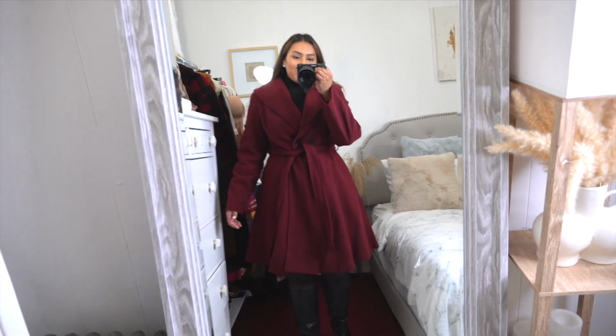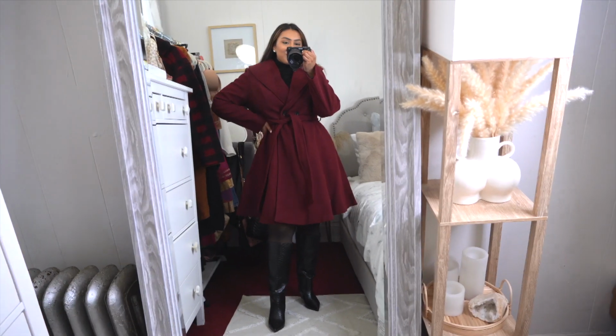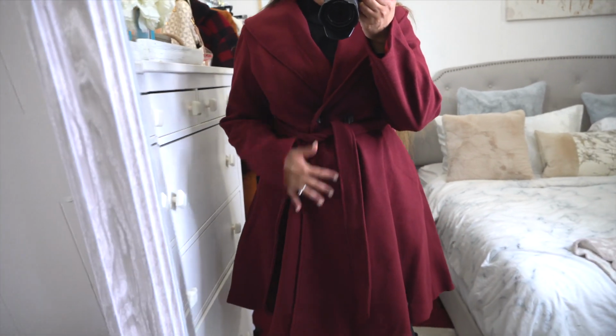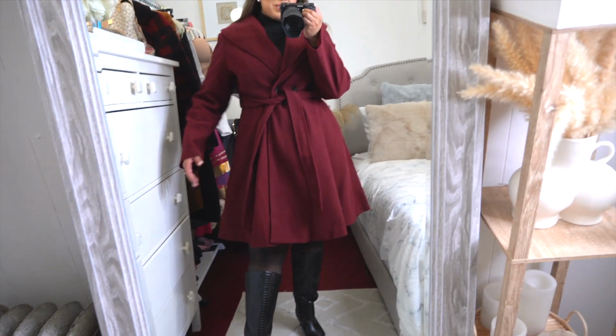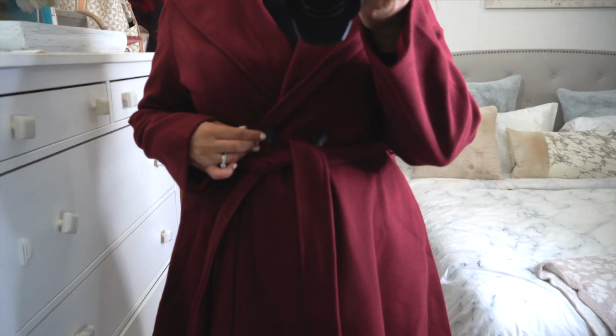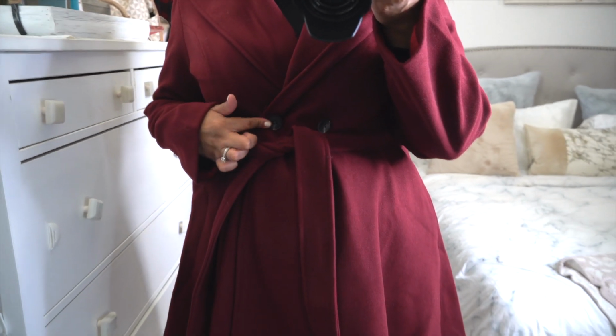So this is what the coat looks like buttoned up. It kind of looks like a little dress, so I love that look of it. It's definitely giving me girly vibes. I think it is so adorable. It does have pockets on both sides, and it only has one button that you would button here, and then